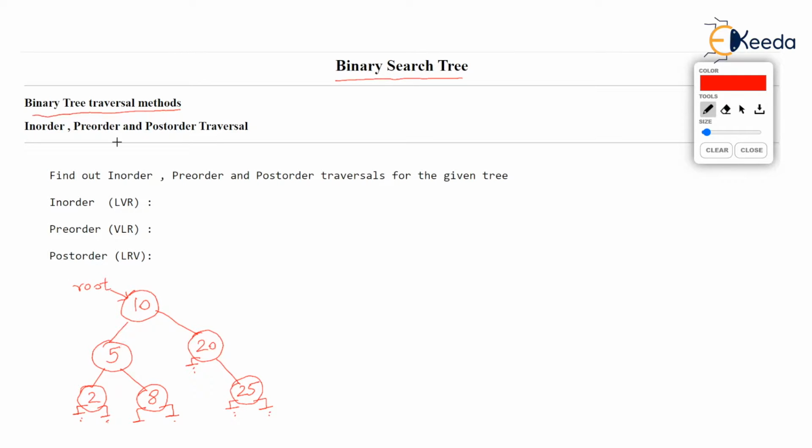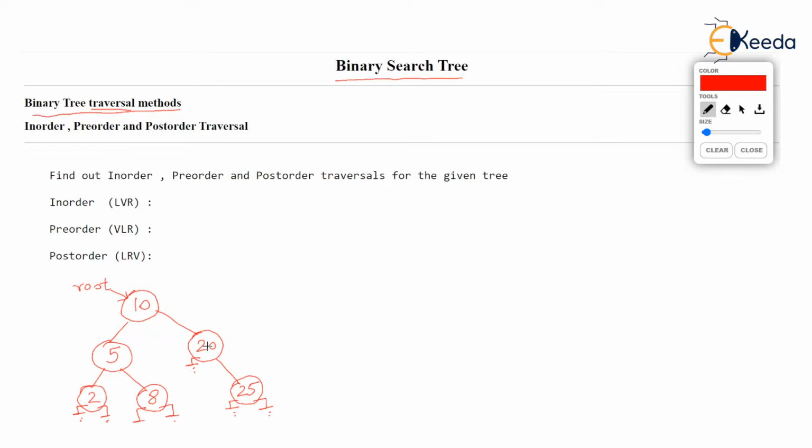That's the word, traversal. By traversal we mean that we want to go to each node exactly once, and maybe we want to print the node. We want to print the contents stored in every node, but we want to print the contents of each node exactly once. We don't want to visit any node more than once. That's what we call traversal.